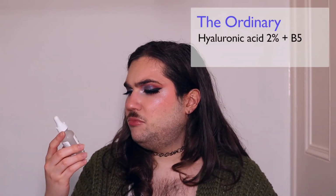Let's start with a classic, the Ordinary Hyaluronic Acid 2% plus B5. The hyaluronic acid serum. I think it's nice. I didn't have too many issues with it pilling, because I know some people have problems with the Ordinary serums pilling. This didn't for me. I probably won't buy again because I don't see the need for a dedicated hyaluronic acid serum. I just use toner as a hydration step, and it's enough for me. Hyaluronic acid is kind of in everything, so if I were to get a hydrating serum, I would probably get something else that has more than just